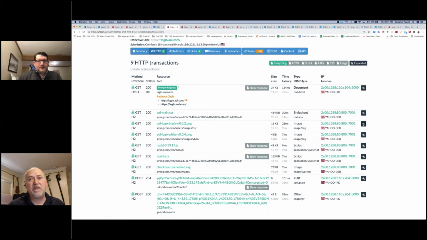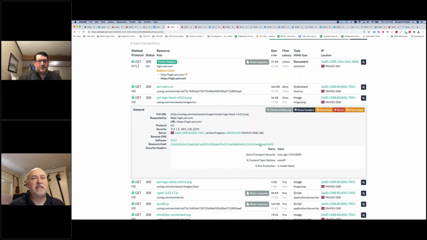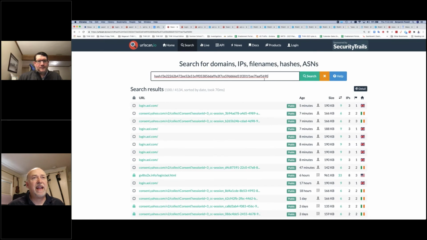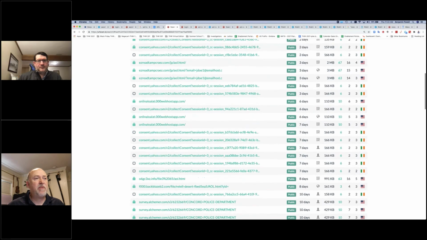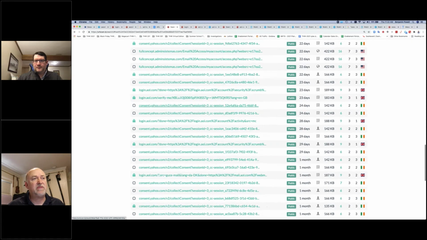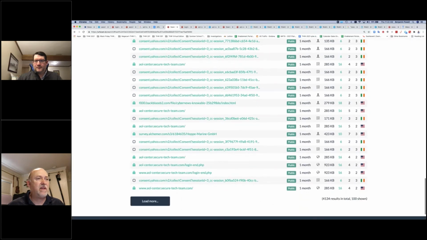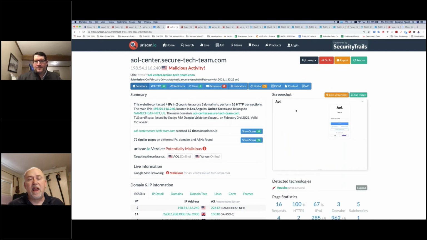If I come over to the magnifying glass on the right and click on it, there's a resource hash that's listed here. If I click on that, it will run a search of that hash and show me everywhere that it has been seen. As I come through, we'll start seeing everything listed in here for that hash value. As we scroll down and I load it up more, there's the first one at the very bottom. When I click on it, it brings up a related domain that had that exact same image in it.